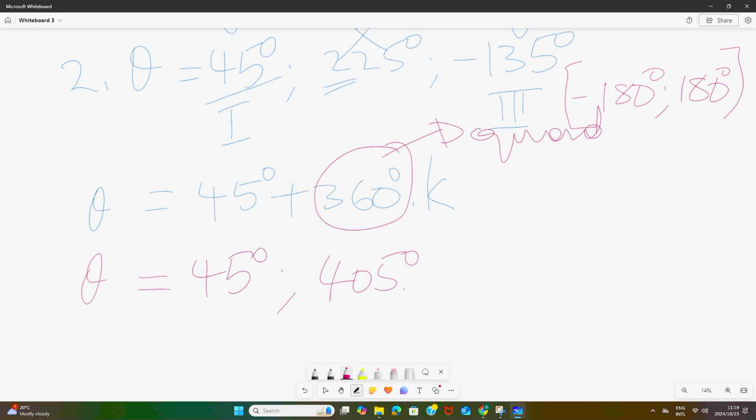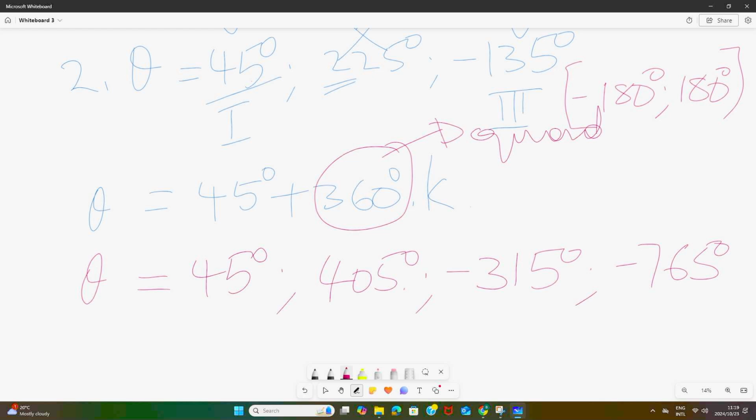If k is -1, we'll have -1 times 360, which is -360, plus 45 degrees. And it will give us -315 degrees. We're not getting that -135. Let us carry on. K equal to -2. It will be giving us -2 times 360, which is -720 degrees. And -720 degrees plus 45 degrees will be giving us -765 degrees. It's getting far away from